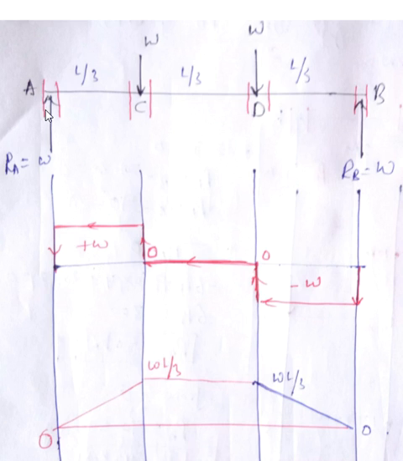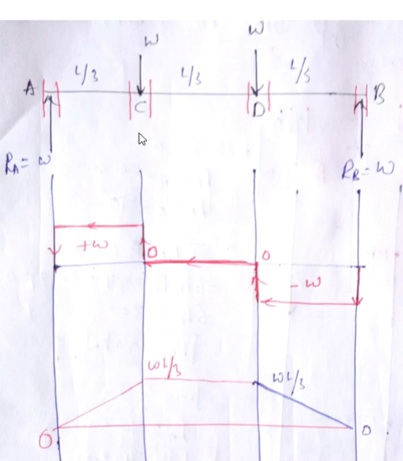Because look here, for this section, if I go from the left hand side, there are no forces on the left hand side, so at this section the force will be 0. So start from here, it is 0. Now consider this section. To the left hand side there is one force introduced, that is W. To the left of the section, if the force is upward, then we take it as positive. There is only one force, that is plus W, so I am going for plus W. Then from this section to this section there is no additional force, so the same plus W will continue here.